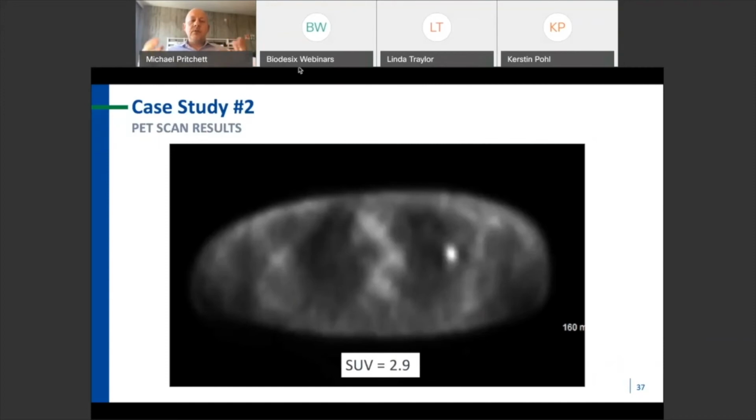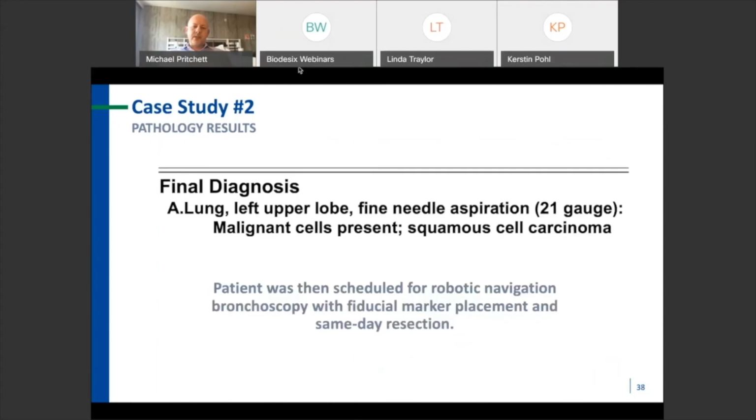So based on that, we did a PET scan. You can see it was hot on PET scan. That certainly looks like higher than SUV of 2.9, but that's what the report said. And based on that, we said, well, we want to biopsy this. And so we moved and did a biopsy. I did a robotic bronchoscopy on this patient, and this ended up being a squamous